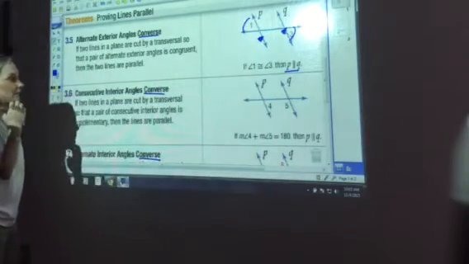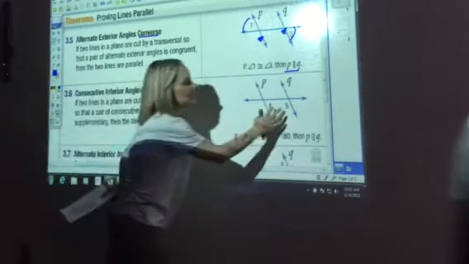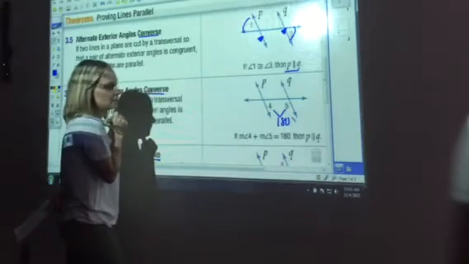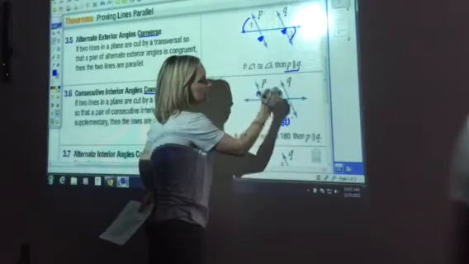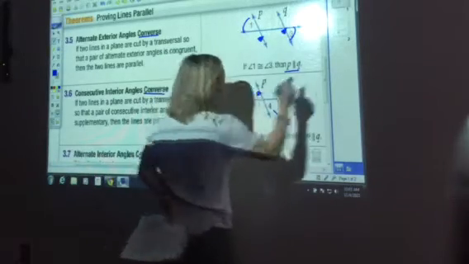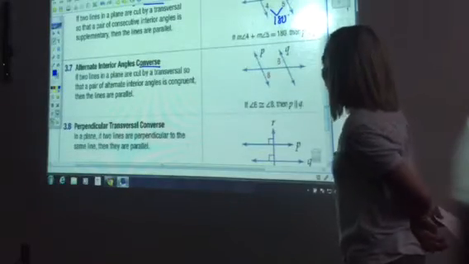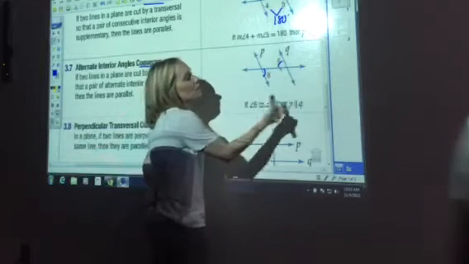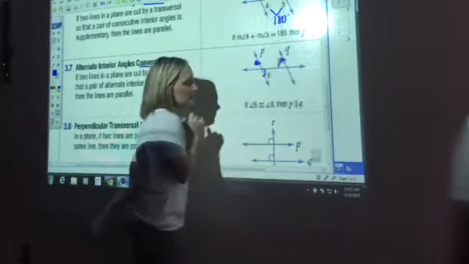Remember, we use those two arrow marks to show that they're parallel, okay? If any consecutive interior angles happen to be supplementary, remember that they equal 180 degrees, then that proves that these two lines have to be parallel to each other, okay? And then last, alternate interior angles. Again, if alternate interior angles happen to be congruent, remember then your lines P and Q have to be parallel,